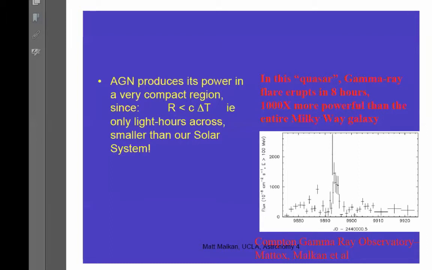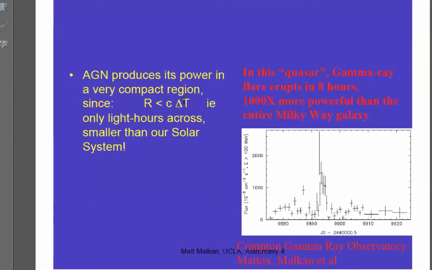We used just a dead simple argument that you cannot get around: watch how long it takes for the brightness of an object, its random, unpredictable brightness changes, to change dramatically. How much time does it take? That gives you an upper limit to how large the region is where all of this luminosity is coming from, the distance that light can travel in that amount of time. And this is an amazingly powerful constraint because it turns out that some of these objects vary so strongly and rapidly.